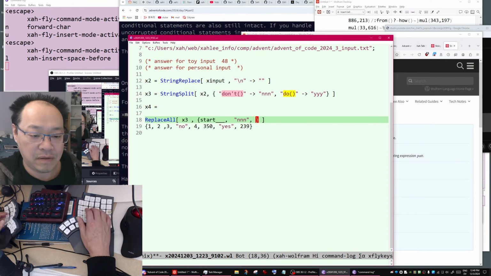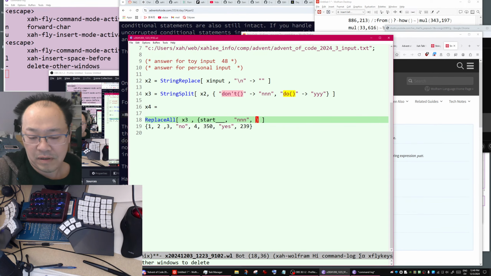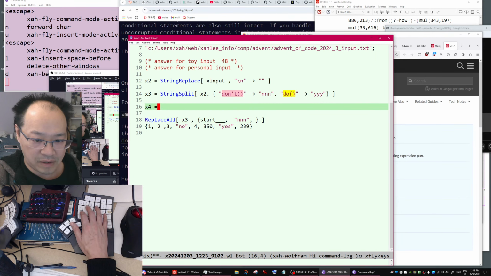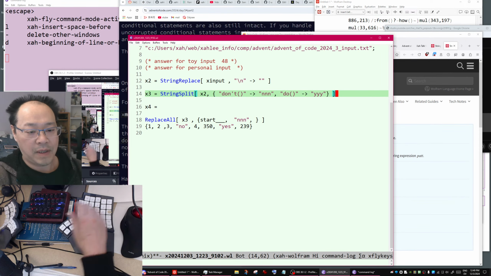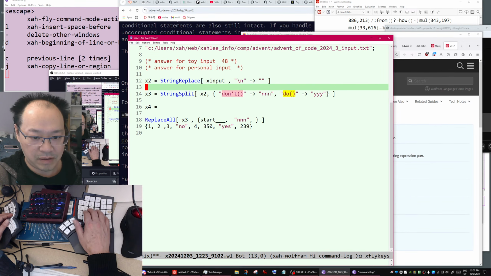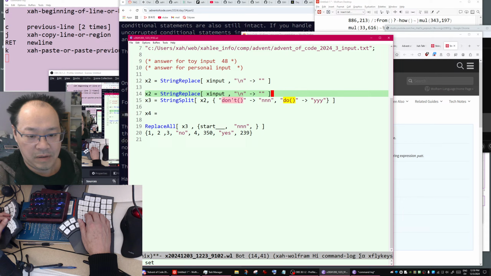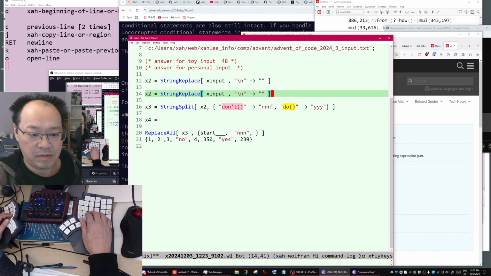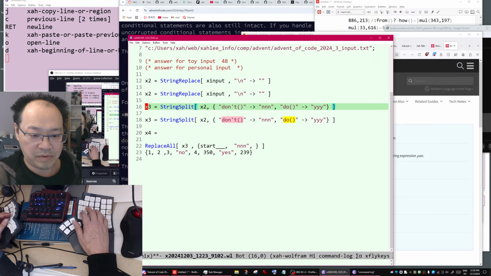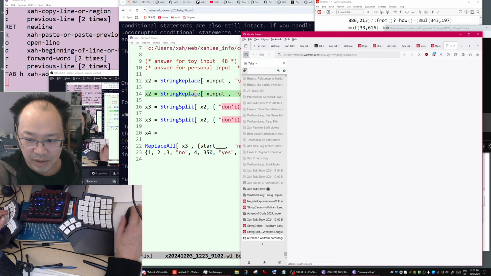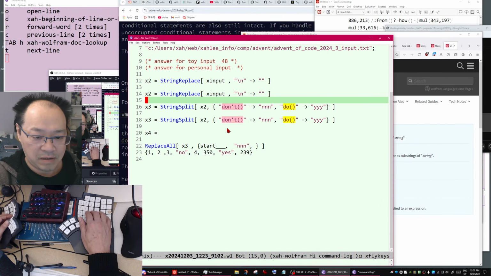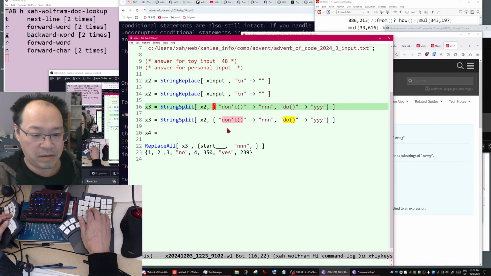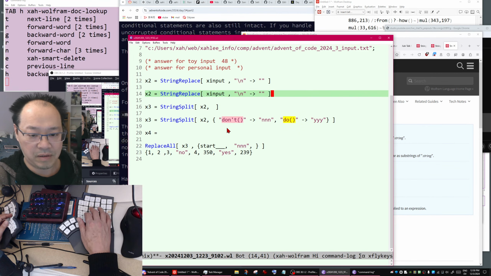Yeah, this is not efficient. Maybe we stick with strings. Okay, actually do the string replace. Some kind of do the string replace. Okay, string replace also takes a list as a second argument. Yes, so the second argument is going to be